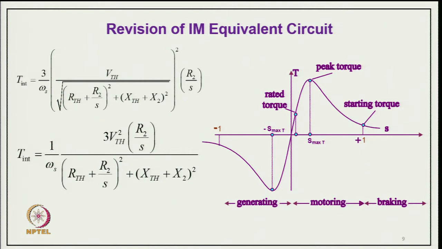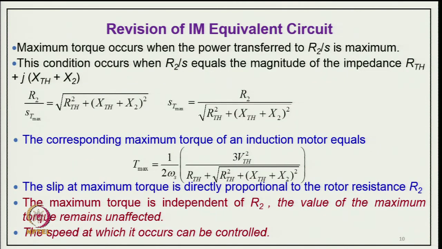So, that is the typical torque speed characteristic of an induction motor, representing this expression between torque and slip. Here, slip is the only variable; the remaining parameters are constant for a given motor, as well as for a given voltage and frequency of operation. Now you can say maximum torque occurs when the power transferred to R2 by S is maximum,